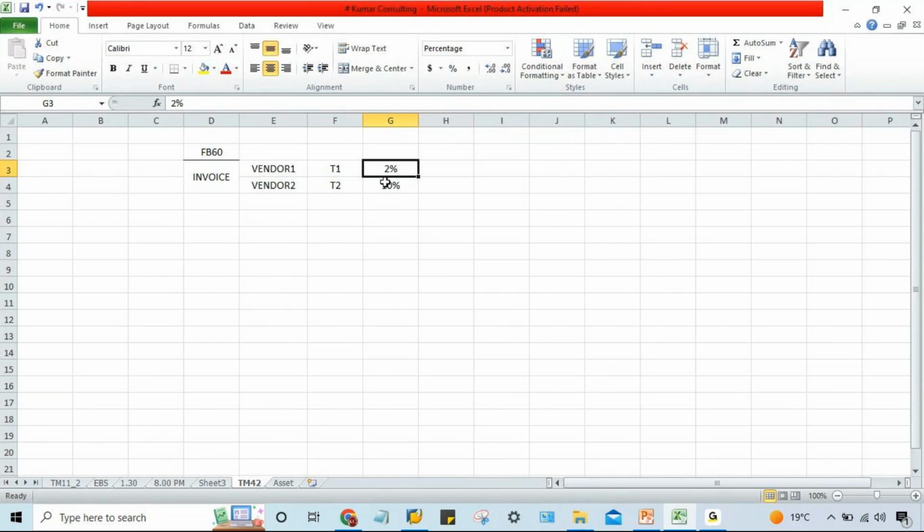So here the question is how SAP is going to remember all this, like from this vendor 2%, from this vendor 10%, from a particular different vendor 20%, right? How is SAP going to remember these things? There was a question asked by people earlier in this way, right? So here also people are getting confused. A simple answer is there.